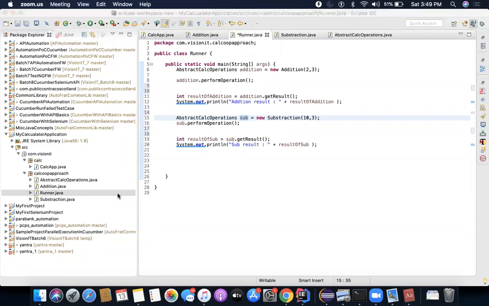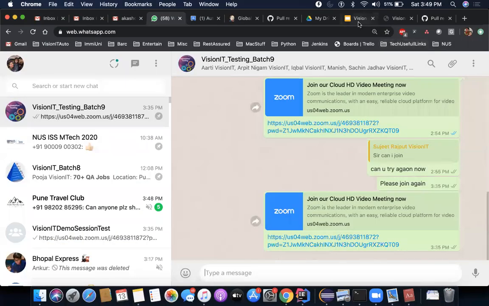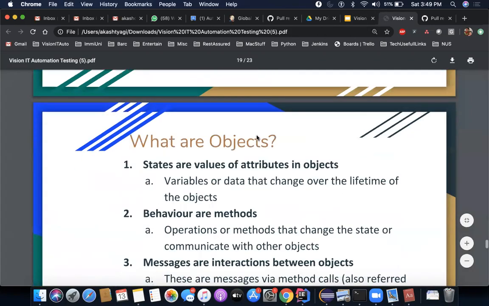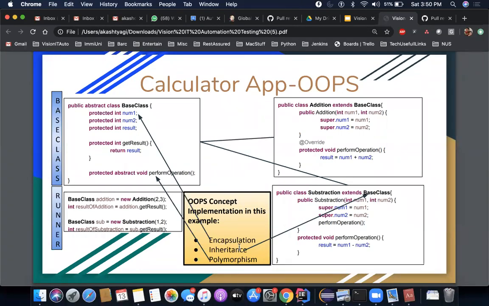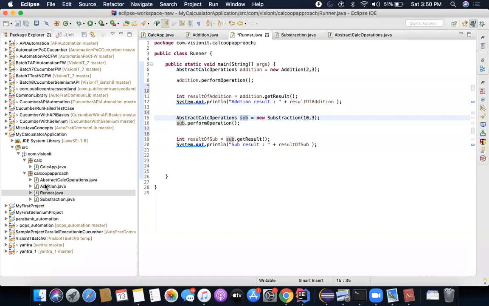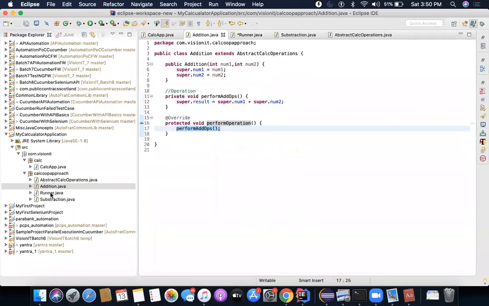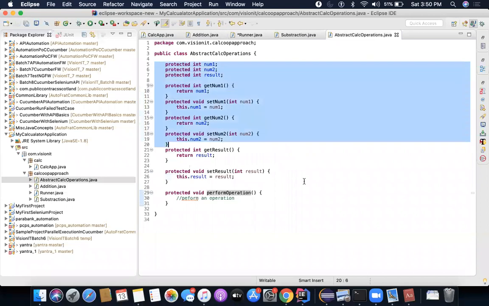In the previous slide, if you remember the slide which we had earlier, which is this one, I told you that I'm going to implement three main important object-oriented programming concepts. One is encapsulation, second is inheritance, and third is polymorphism. Inheritance you already understood. Encapsulation you understood because we are encapsulating what is not to be exposed, and we are creating a wrapper out of it, right? So here we have encapsulated the addition, the subtraction, and these properties inside a class, and we have protected them, right?